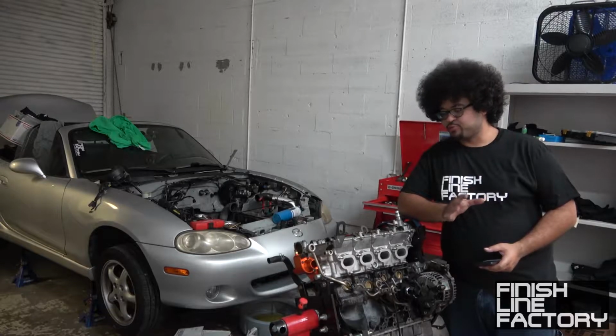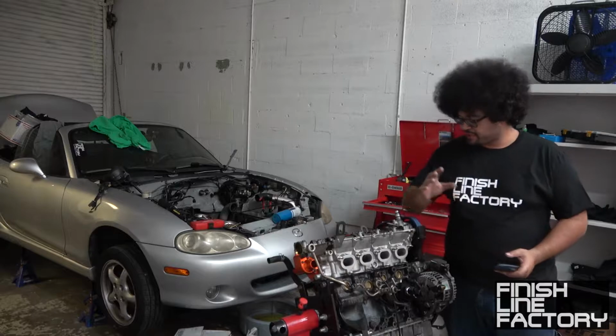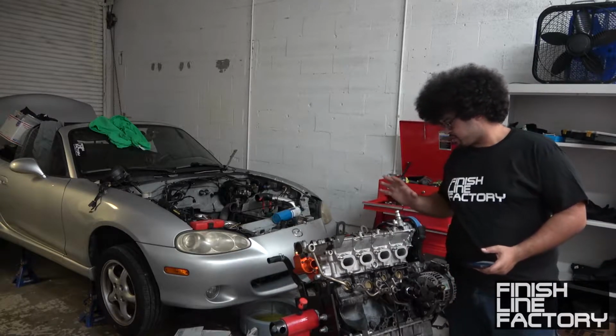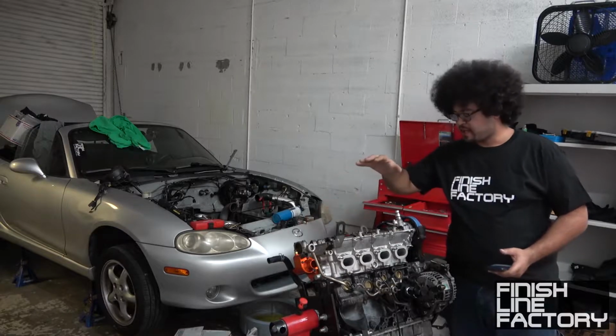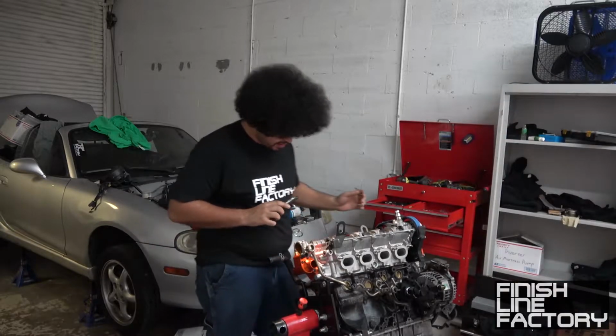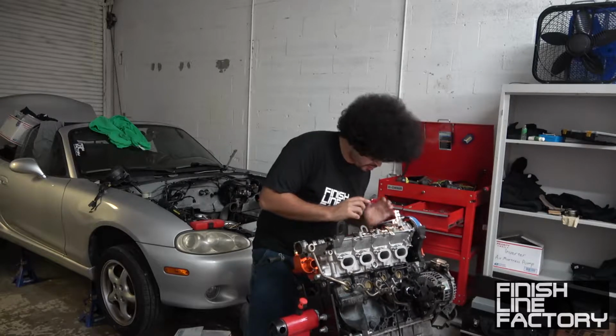All right, so we've got some really good progress going on the engine assembly. We got the head on, we got the accessories on, engine is timed. So next, let's put the valve cover on and let's work on the intake manifold. First, I just want to inspect the head and make sure that there's no